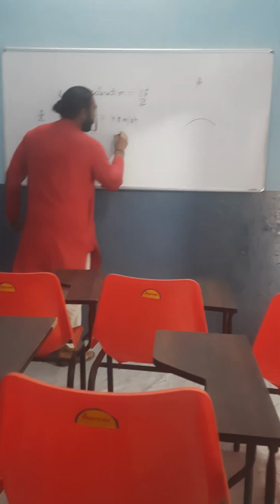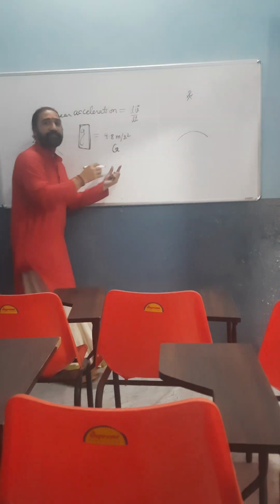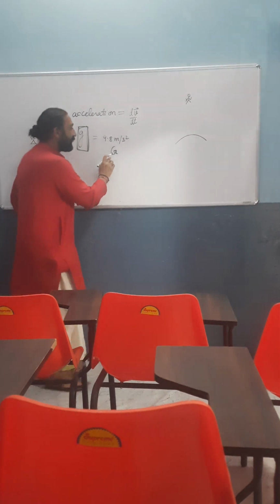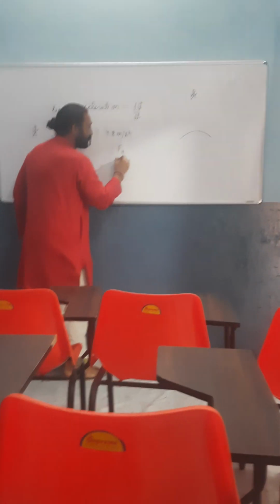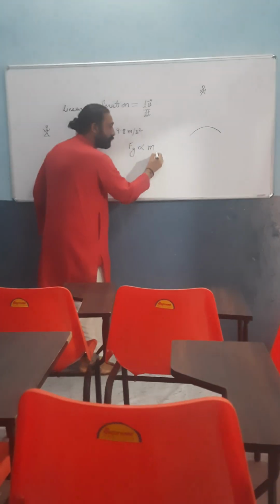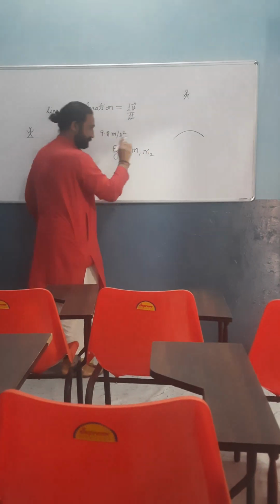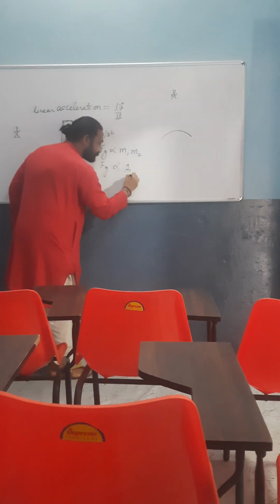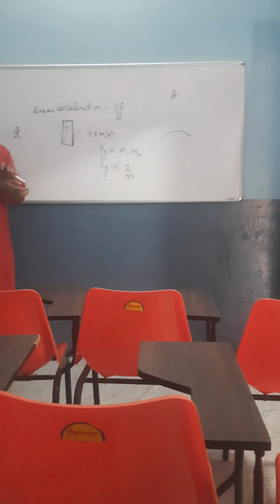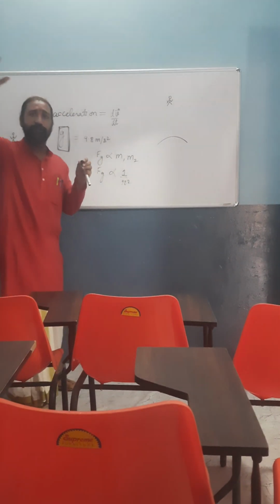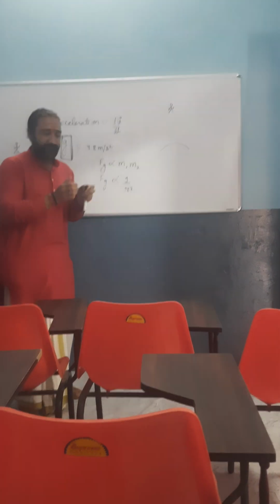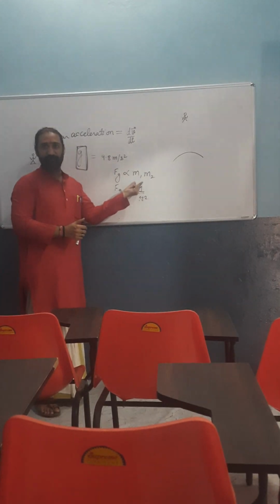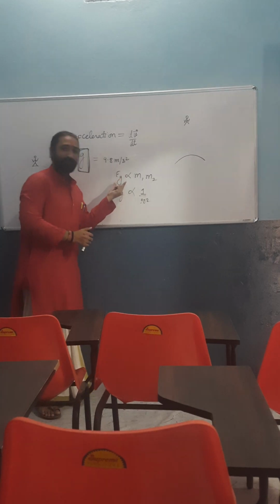So Newton wrote an empirical formula, doing various experiments which were conducted by Newton and Galileo and many more. They came to the conclusion that this gravitational force between two bodies is proportional to the product of the individual masses, and this Fg is inversely proportional to the distance. This is a normal observation also: bodies which are very far away exert less force, and bodies which are very close together exert more force. And the more the mass, the more the inertia, the more the force.